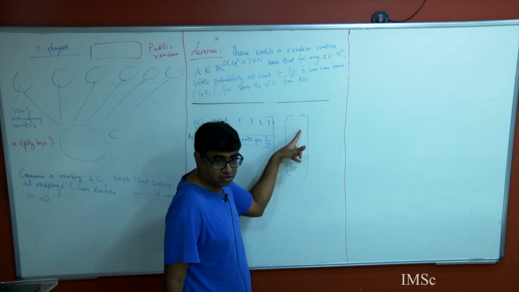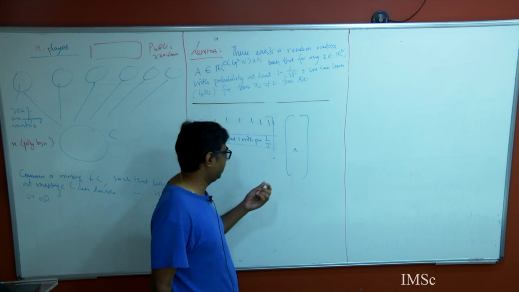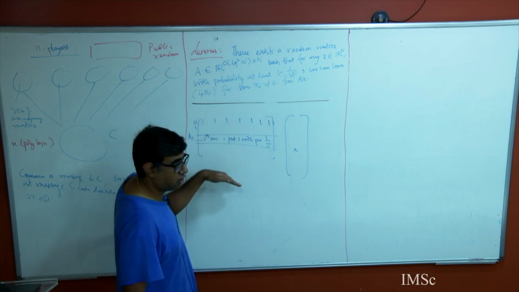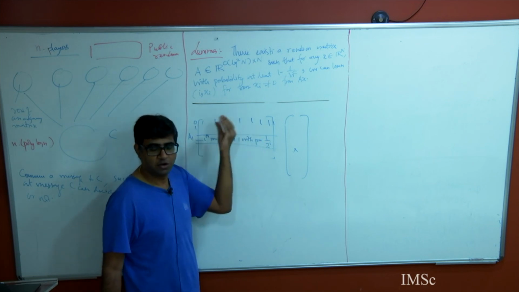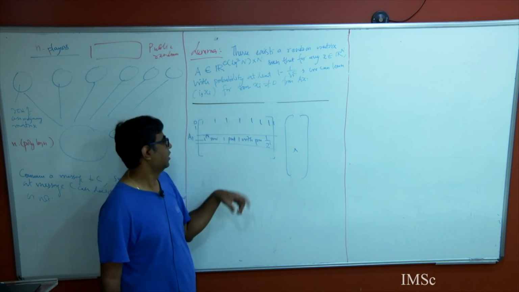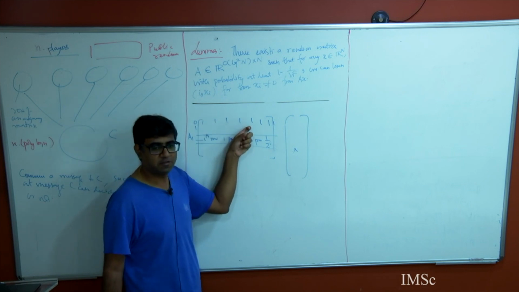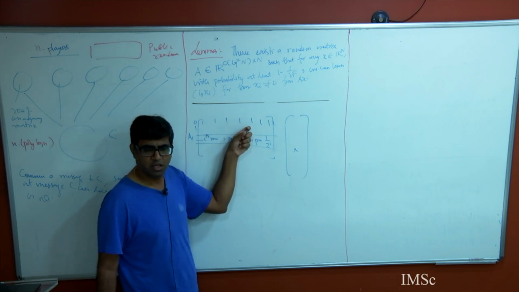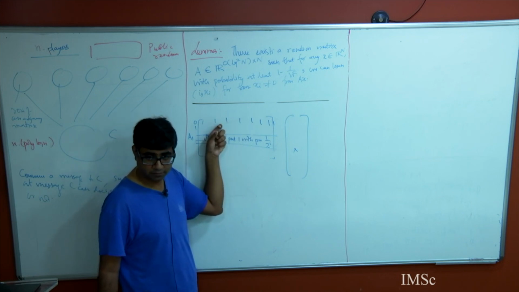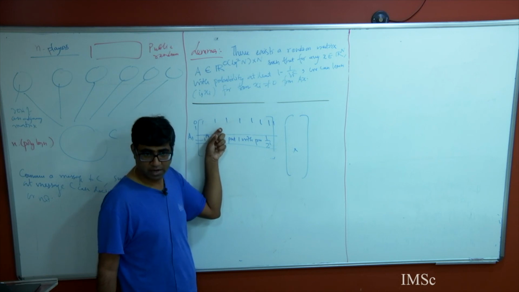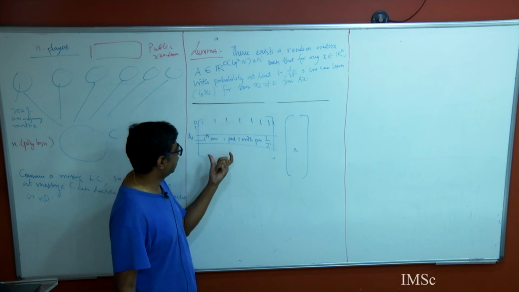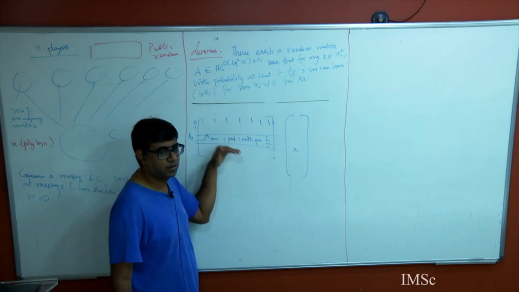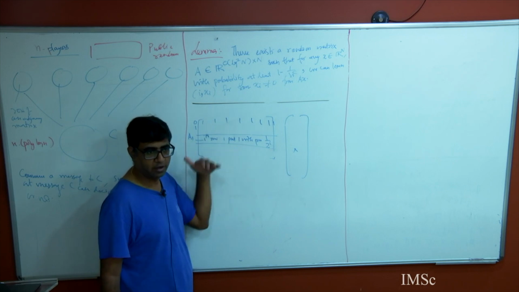But if x has too many ones and I want a sparse subset, then as you go down in this matrix, the number of non-zero entries drops exponentially, it drops by half. What is the expected number of non-zero entries in the second row? Half, because each entry is 1 with probability half. So n by 2, then n by 4, n by 8, and as we go down, the number of ones in these rows drops by half.